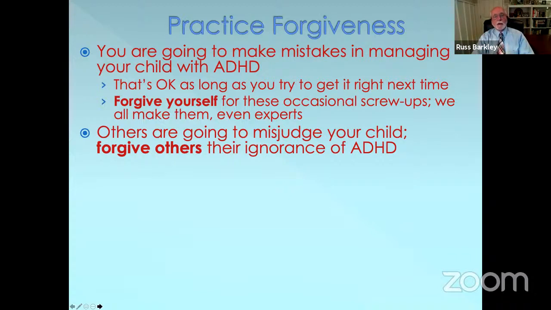Number 2, you better get good at forgiving other people outside your home. They don't get it. They don't understand ADHD. They think it's your fault. You just didn't know how to raise this child. Some of them are even going to tell you that, right? So you better get a thick skin. You better get good at forgiving other people their ignorance about ADHD, because otherwise you're going to be concerned about going out in public, taking your child shopping, concerned about what teachers are going to tell you because you think that they're blaming you. And you know what? Sometimes they probably are. But so what? You know it's not your fault. You know this is biological. You know this is the unique child you were given to raise. So you better get good at cognitive therapy, if you want to think of it that way, at forgiving other people